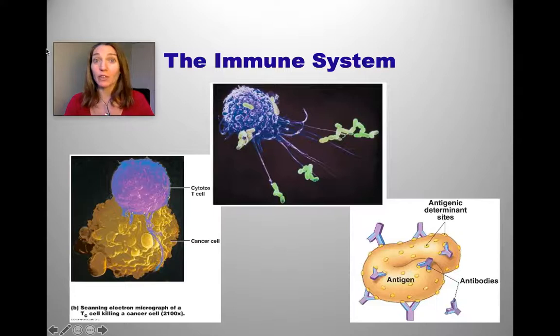So I want to give an overview of the immune system with this video, and I'm predominantly going to focus on innate immunity and turn your attention to a different video to hone in on adaptive, also known as specific immunity. Now, one of the things that I think really differentiates this chapter from virtually every other chapter we cover in anatomy and physiology is that this is very much a functional based system and less so of an organ